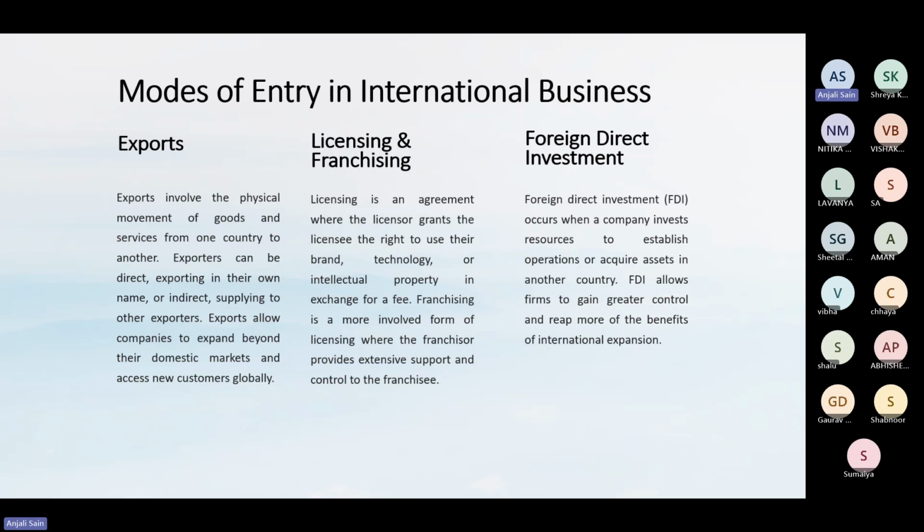फ्रेंचाइजी भी थोड़ा सिमिलर सा है, but फ्रेंचाइजी में क्या है कि licensing के केस में I am just allowing the other party to use the brand, technology, intellectual property, but franchising के केस में I am also helping them to establish a proper facility there, ठीक है। Franchising is a more involved form of licensing where franchisor provides extensive support and control to the franchisee, ठीक है। मतलब मैं उसको पूरा एस्टैब्लिशमेंट करने के लिए पूरा सपोर्ट प्रोवाइड करूंगी, फर्दर एस्टैब्लिशमेंट के बाद then I give a control to the franchisee to operate that unit।